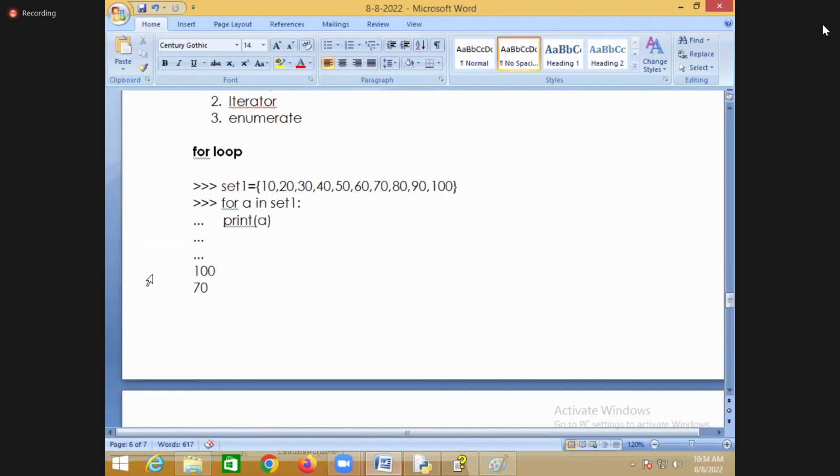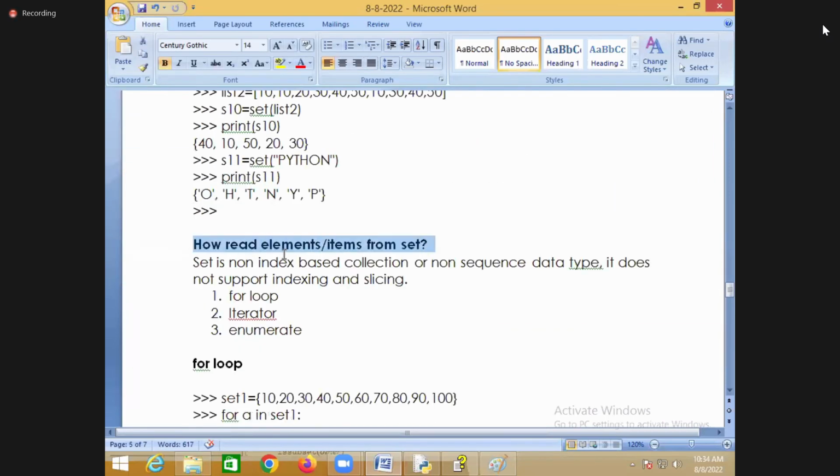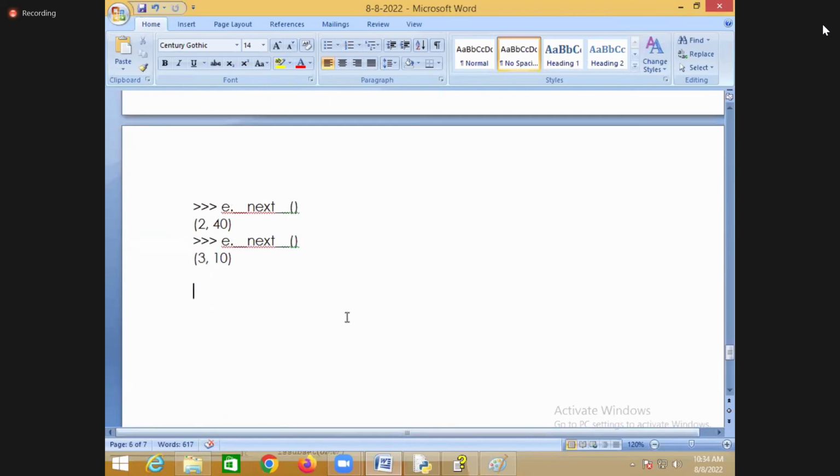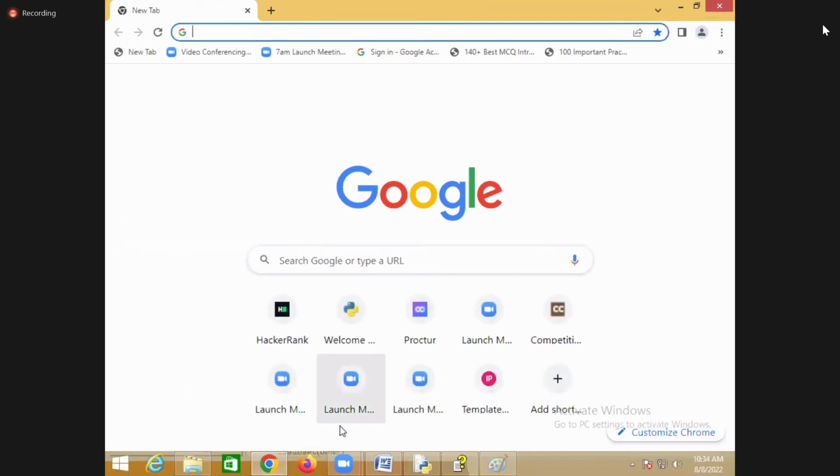Now these are different ways to read elements or items from a set. Set is a non-index based collection or non-sequence data type. It does not support indexing and slicing. So for non-sequences, you read it using a for loop, an iterator, and one more is enumerate. But is set mutable or immutable? Mutable. Set is mutable. When you're saying it is mutable,